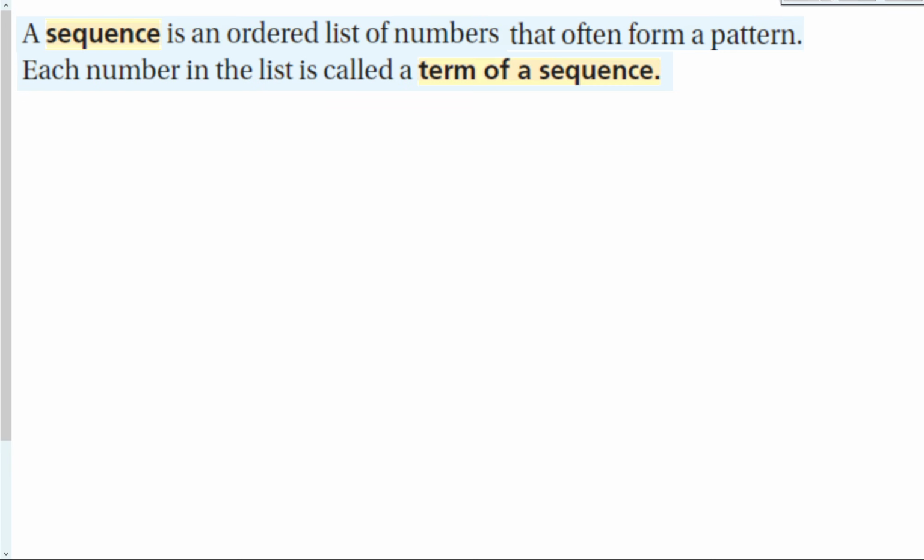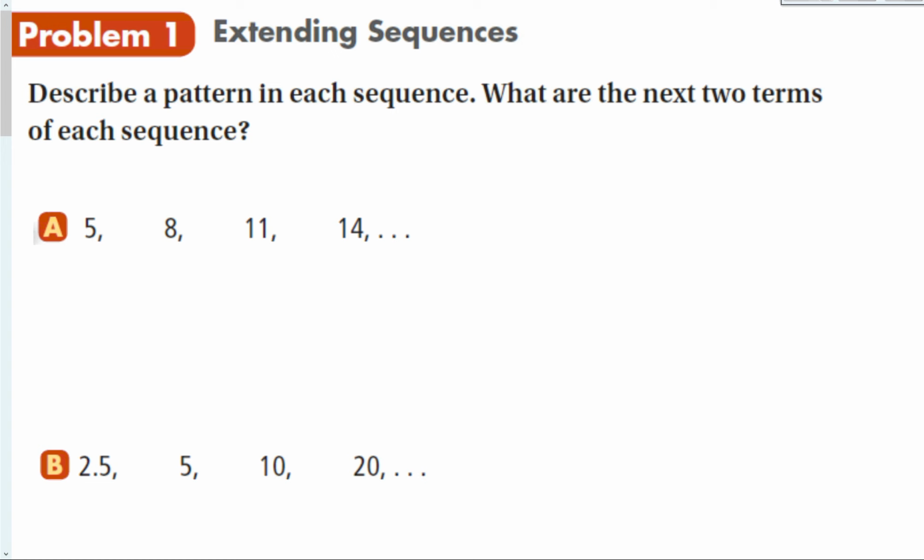A sequence is just an ordered list of numbers that often form a pattern. And each number in this list is called a term in the sequence. And once we find the pattern, we can figure out what the next terms or the next few terms of each sequence are. So first problem is to describe a pattern in each sequence, and then what are the next